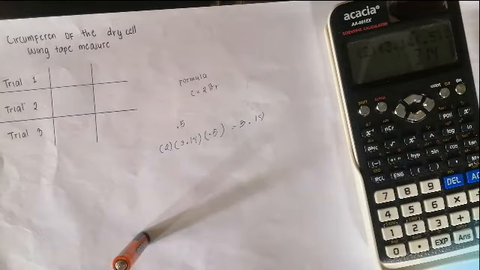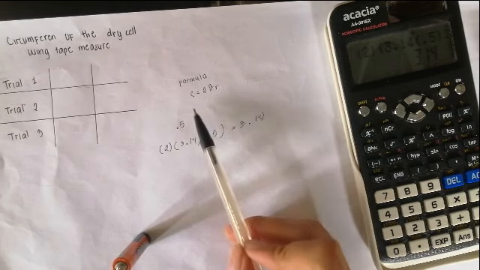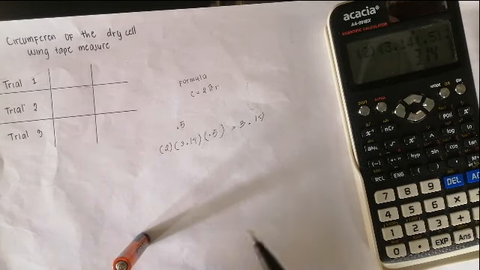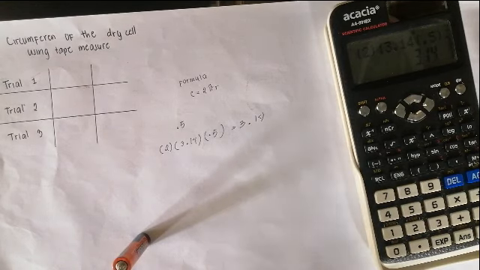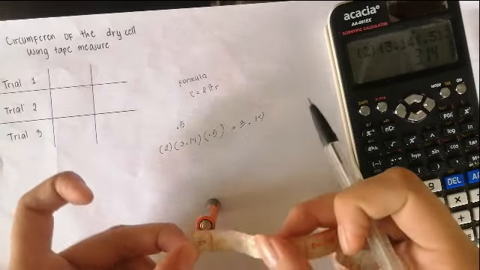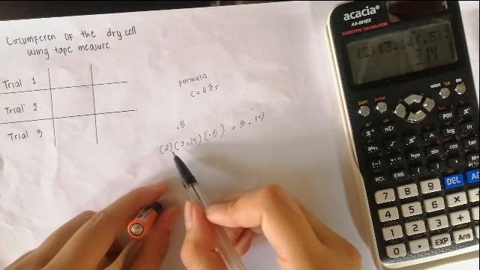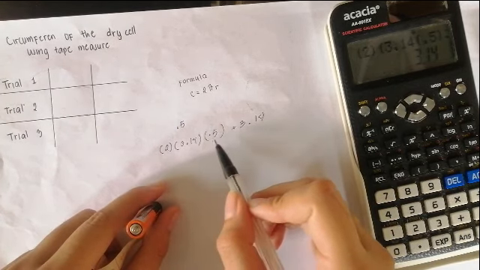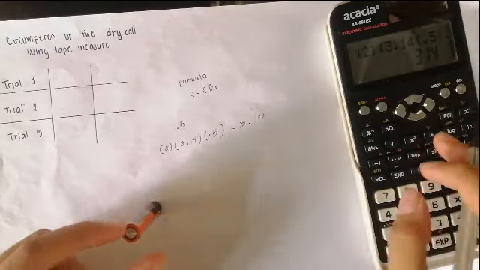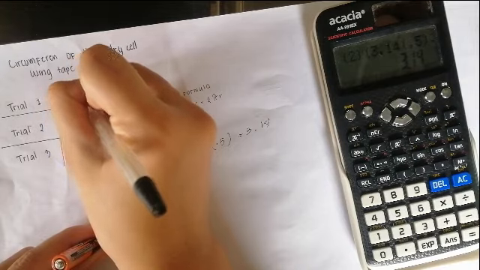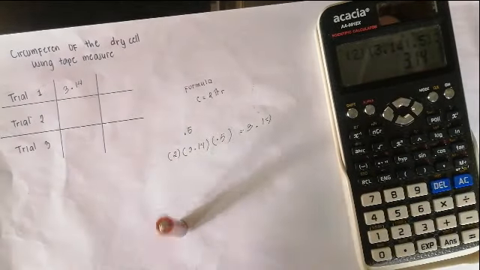First, we will get the circumference of the dry cell. The formula for circumference is C equals 2 pi r. Then, the first trial is 0.5, then times the 2, 3.14 times 0.5 equals 3.14. First trial, 3.14. The second trial is